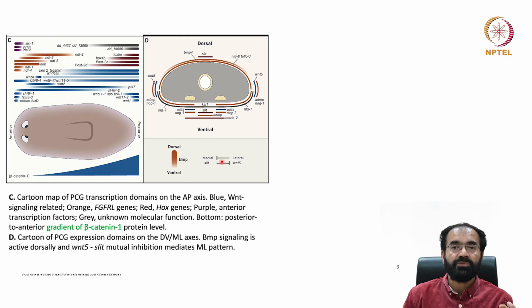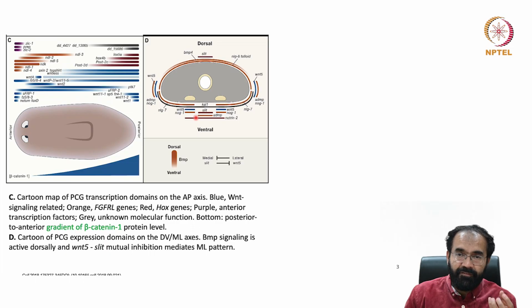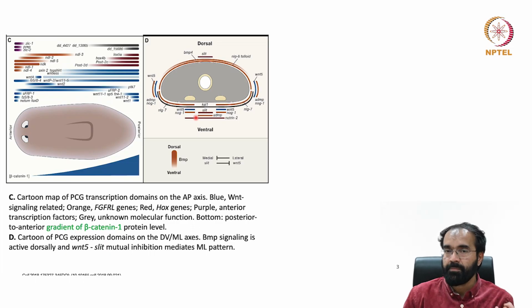So the importance of showing these pictures and patterns is to show that every region has got an identity, every part of the body has got an identity. Credit goes to these position control genes. Like you can see here, BMP is a gradient, dorsal highest, ventral the least, and the medial and lateral. So medial to lateral, that means this is the portion to the lateral, and you can see the expression of